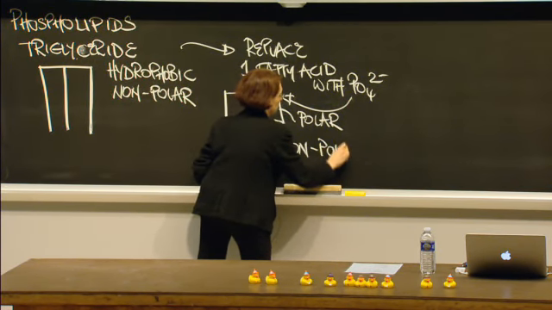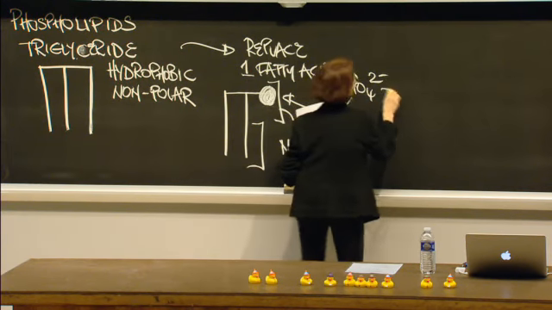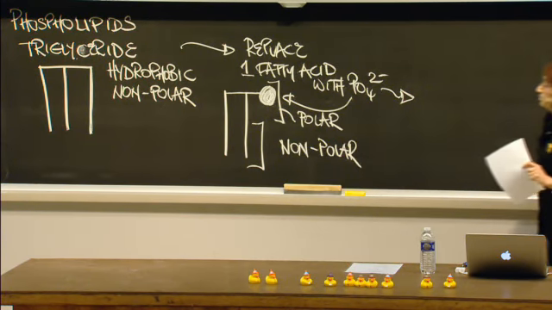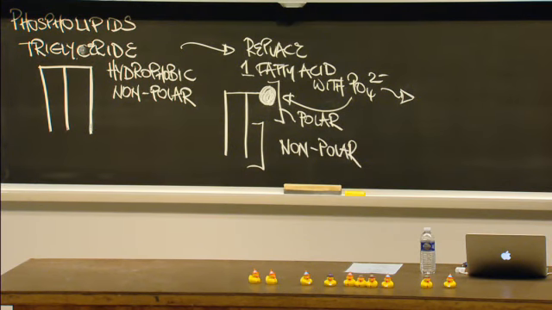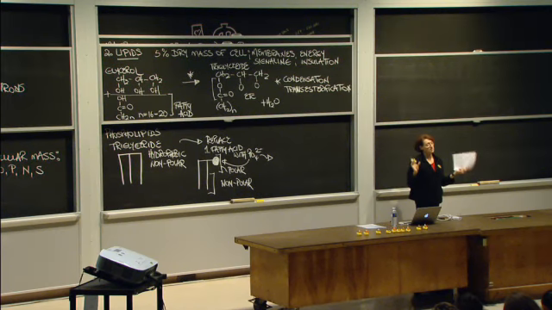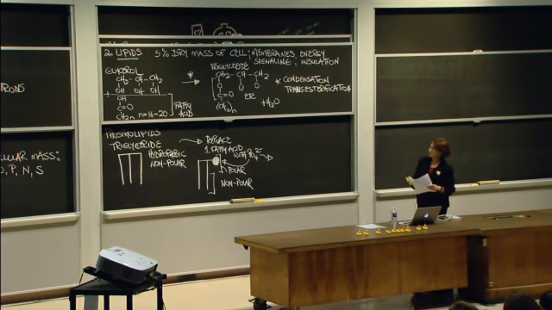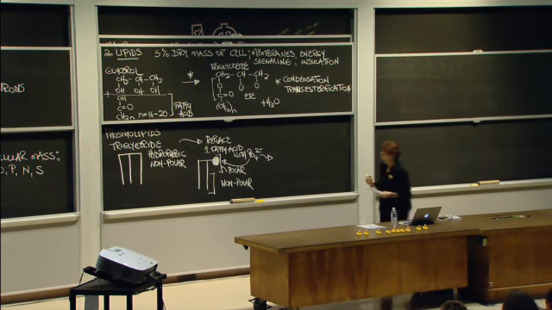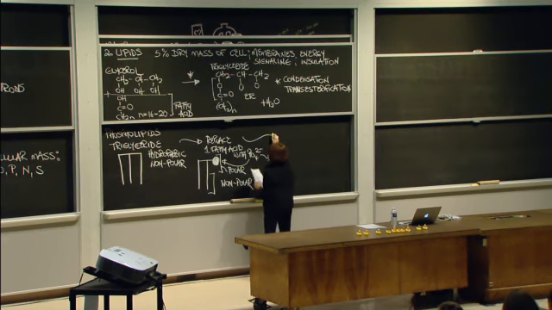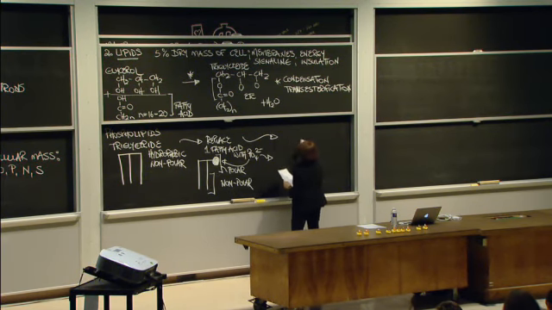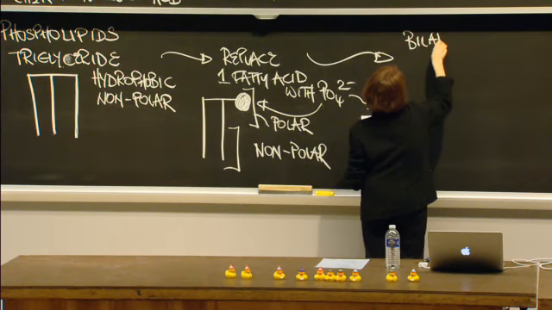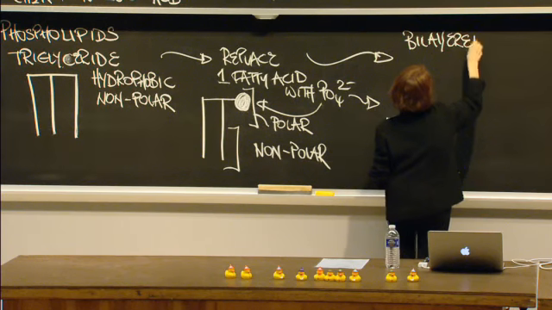This causes them to self-associate such that the polar groups face water and the nonpolar groups face one another. These will spontaneously form a lipid bilayer, the thing that surrounds all of the cell and all of the organelles. So they will spontaneously associate into a bilayered membrane,